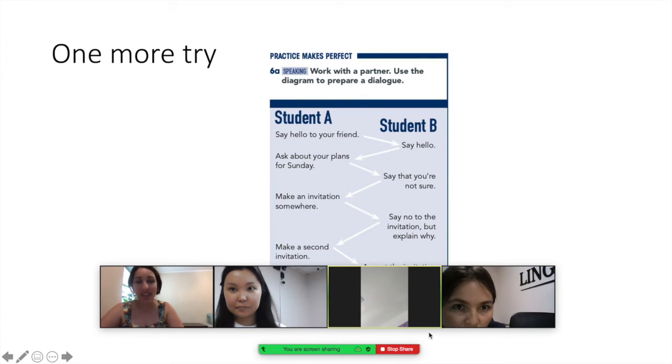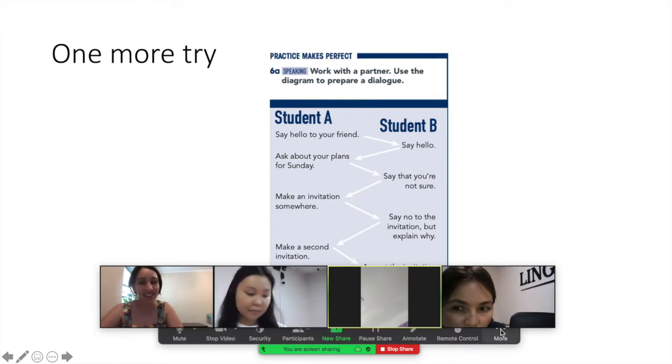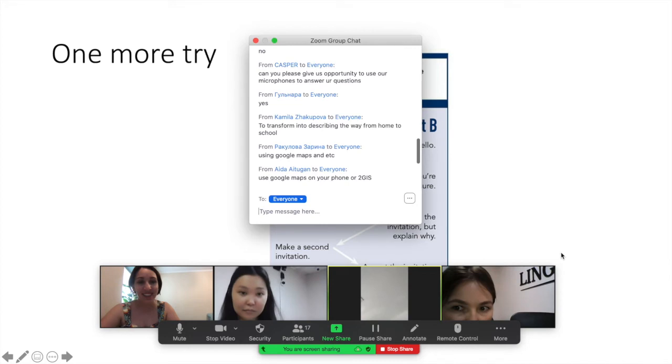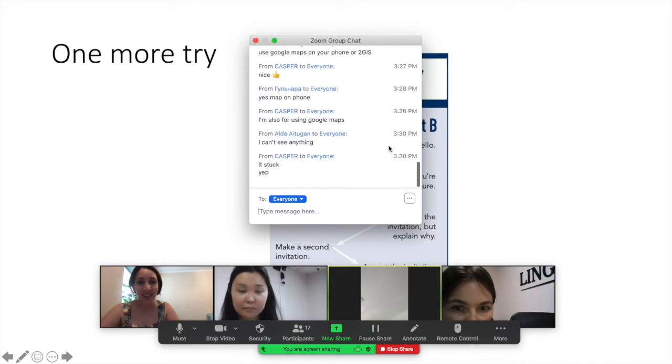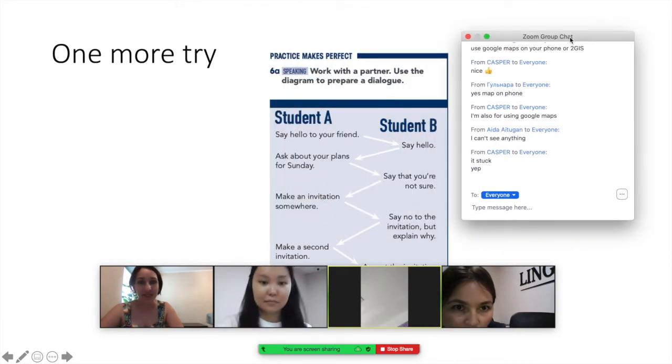Quite likely my activity is not going to be successful at all. Because is that how teenagers communicate these days? Nope, they're not. Oh, something happened to my Google Maps. I just noticed. Okay, now I see.